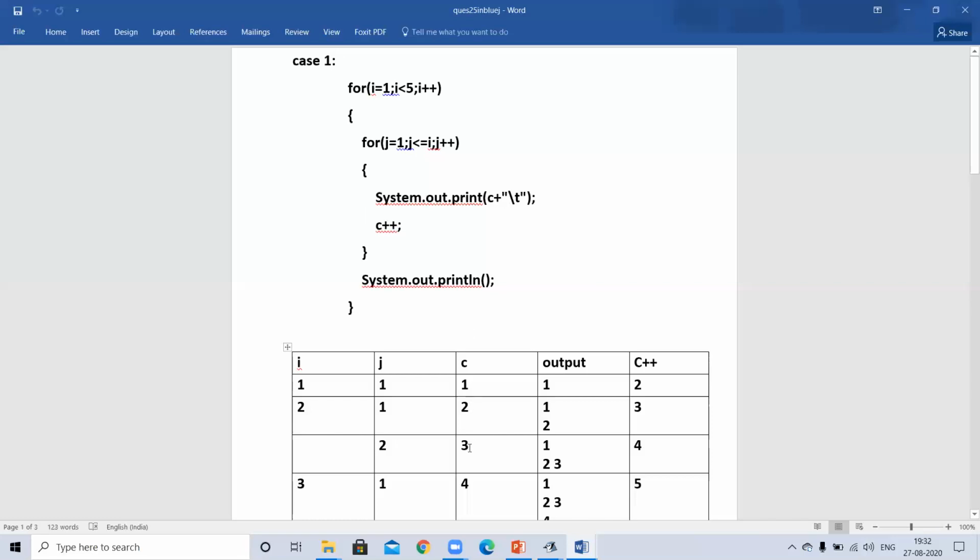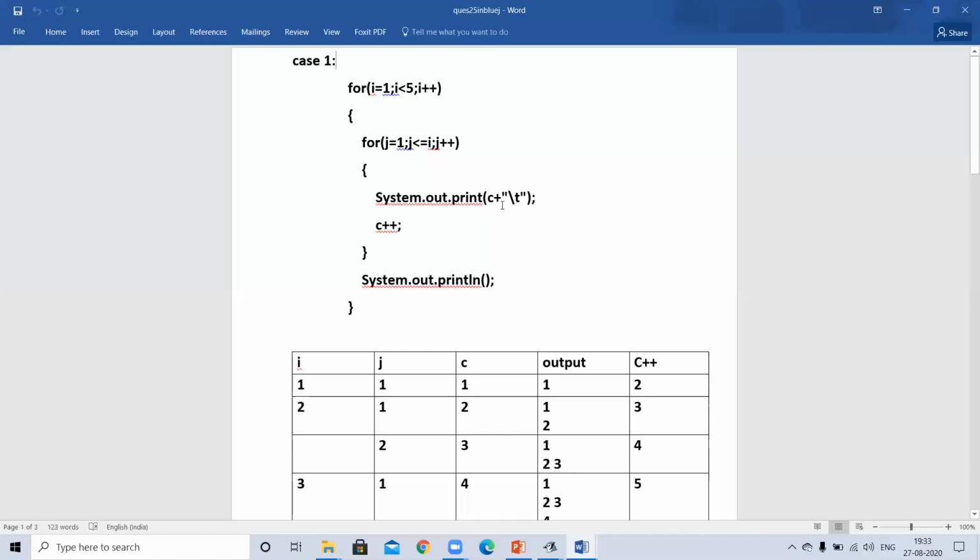What is the value of c here? 3, after the increment it is 3. You can see this is print only, not println. So the first iteration of the outer and inner loop gave 1, then in the second iteration of the outer loop 2, and in the second iteration of the inner loop 3, on the same line: 2 and 3.